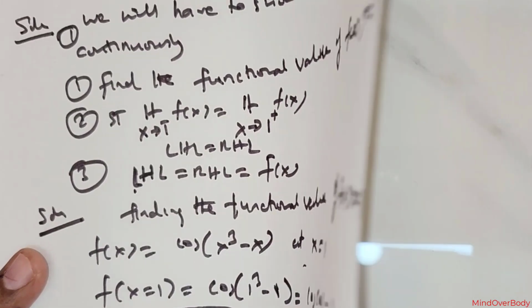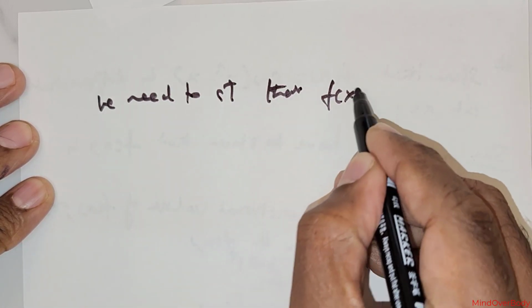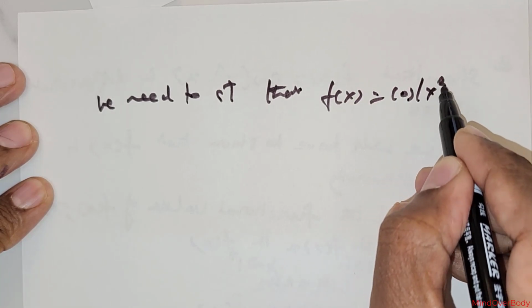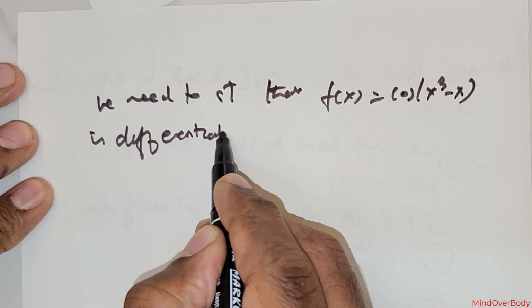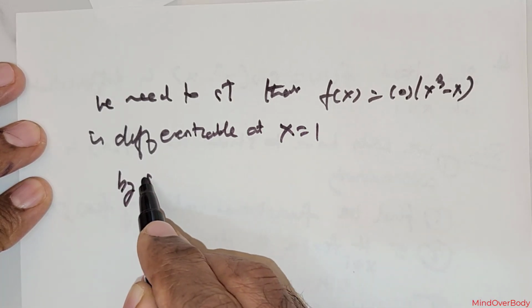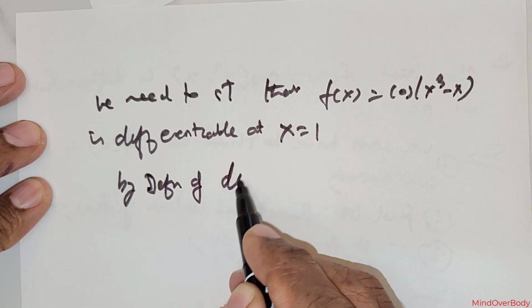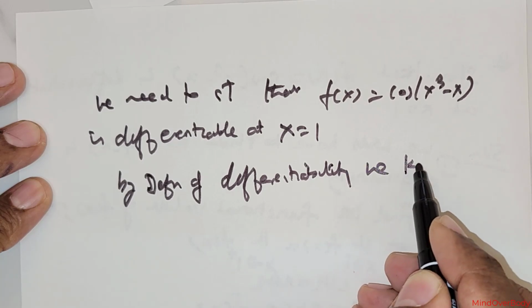So we got that. Now we have to show the next part, which is the differentiability. Okay, so let me show you that. Now next we need to show differentiability. Show that f(x) = cos(x³ − x) is differentiable at x = 1. So we'll be using the definition of differentiability. By the definition of differentiability, we know that